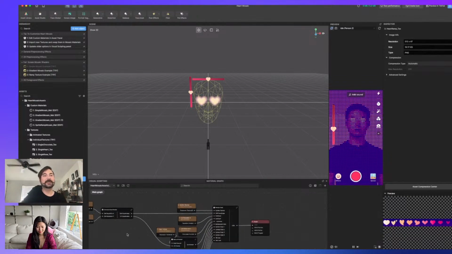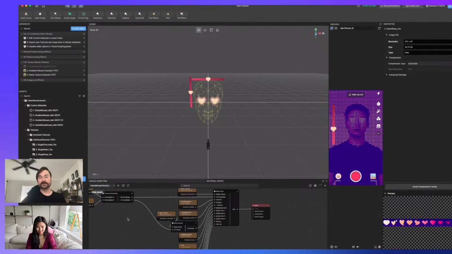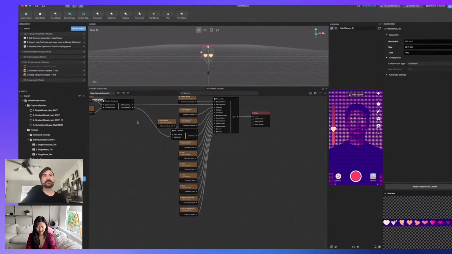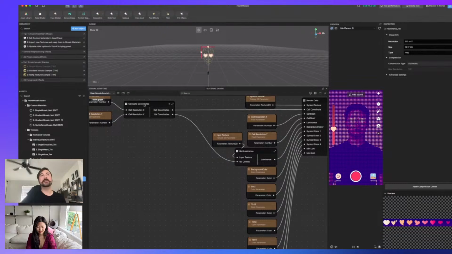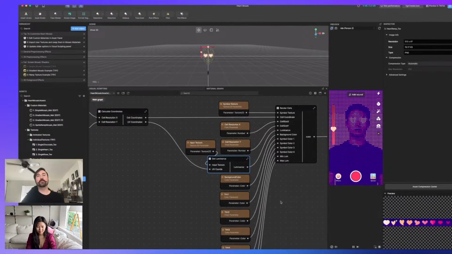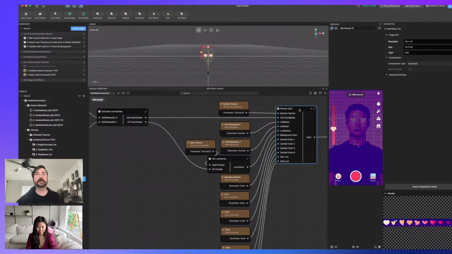If you look at the shader, I've tried to split it up into the 3 sections that are the most important, so anybody who is interested in shaders could learn more. But the basics are we're calculating where in each little square we're drawing, and then we're getting the brightness of the square with this subgraph, get luminance. And then once we have the brightness of the square and the coordinates on the screen that say which part of that square we're in, we can draw the whole symbol. And so that's what this last subgraph does. It figures out which heart you want to draw, where you want to draw it, and the bounds that you're drawing it into.